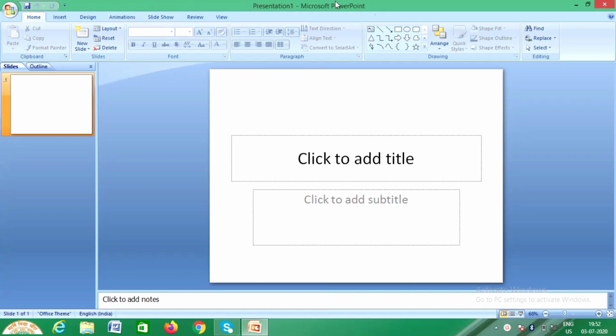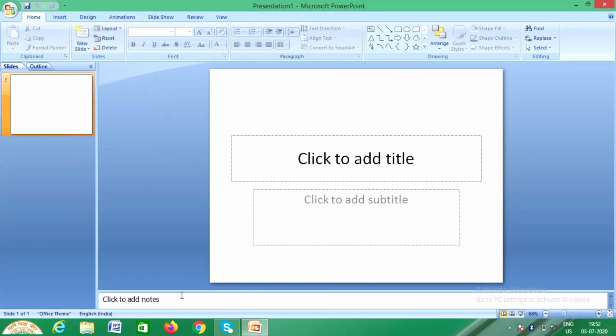Students, you can see on the top it is written Presentation 1. That is said to be your title bar. In that bar, the name of your presentation will appear. Then you can see Home, Insert, that is said to be the ribbon, and you can see some shortcut keys, save, undo and all on the top.